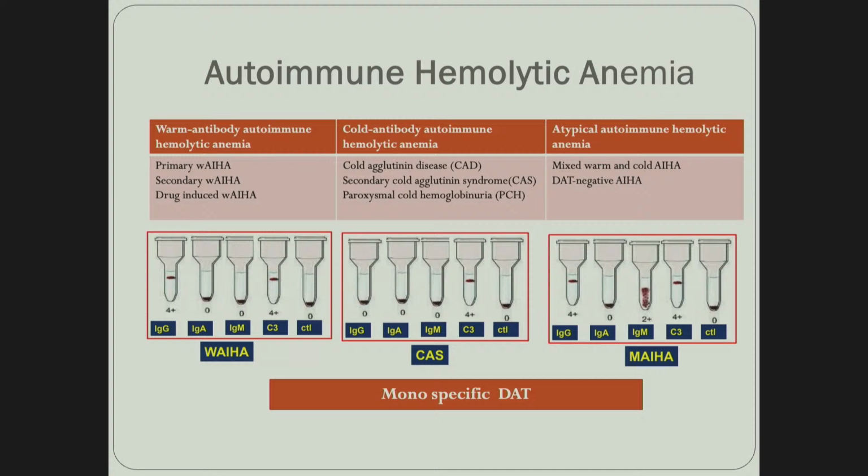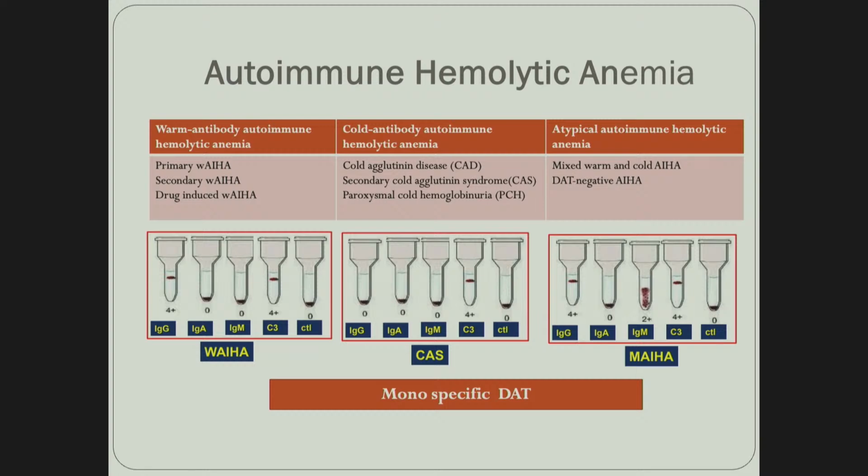Autoimmune hemolytic anemia is basically classified based on the thermal amplitude at which they react and subclass. The monospecific DAT is below. Based on that, they have been categorized into warm, cold, and atypical autoimmune hemolytic anemias. In warm, it has been classified as primary and secondary, drug induced. Cold antibody autoimmune hemolytic anemia includes cold agglutinin disease, which recently in 2022 has been included by WHO under